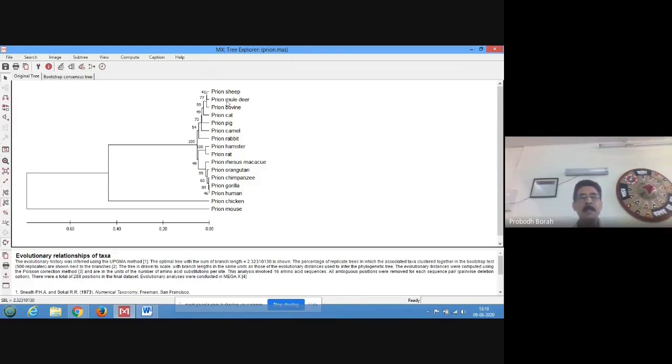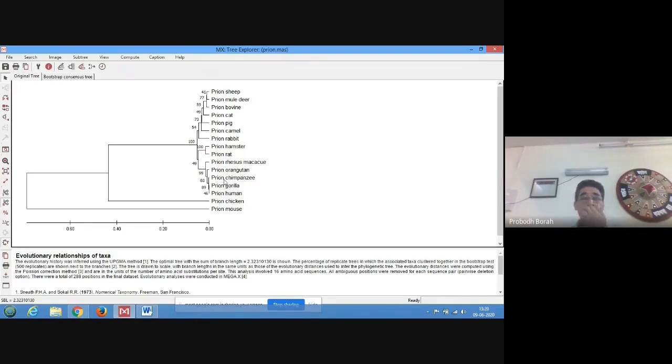Here it shows clearly that prion of sheep and prion of mule deer are showing a high level of similarity. The variation is very less. You see, variation is represented by the horizontal branches or lines, but this is very less. Here, between gorilla and human, there is no difference. They are 100% similar sequences. That is why it is represented by a perpendicular line. Both the prion gorilla and prion human, these two leaves are created without having any horizontal line. That means there is no distance between prion of gorilla and human. It means they are 100% alike.